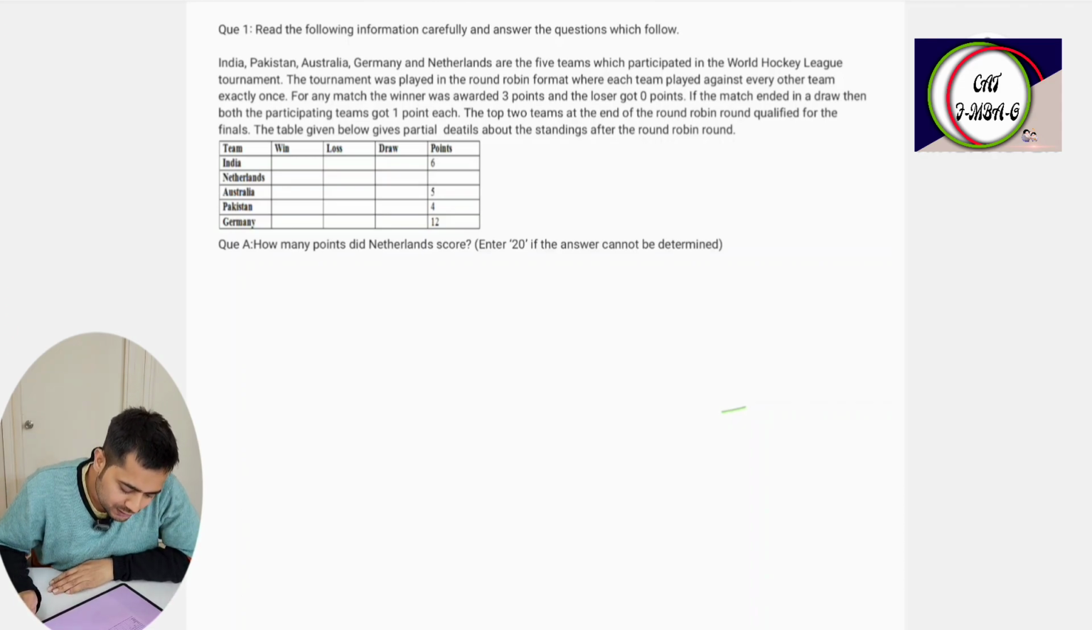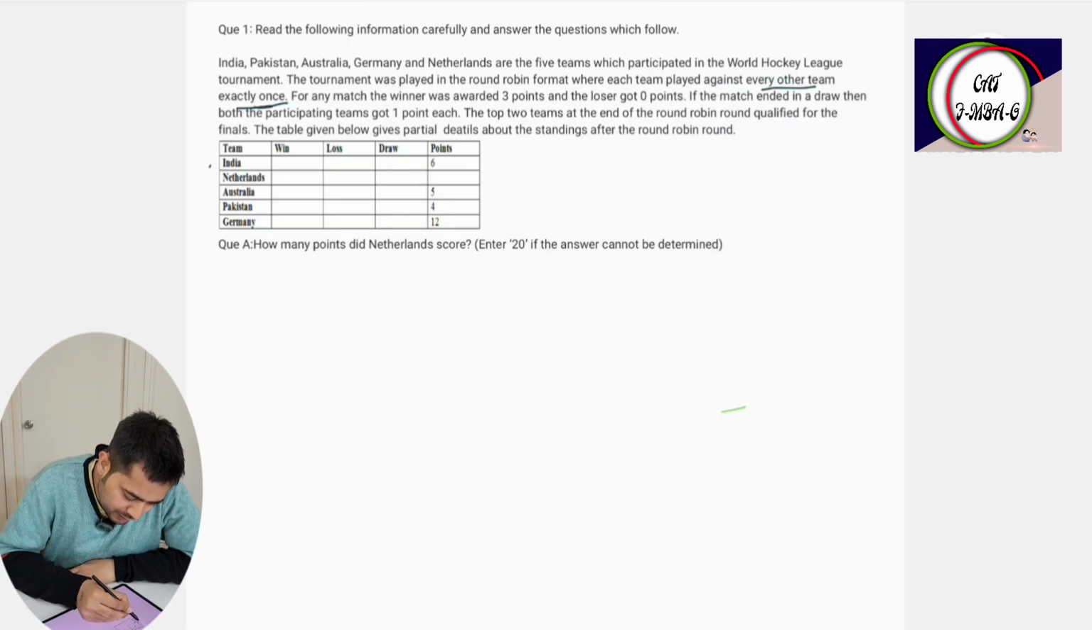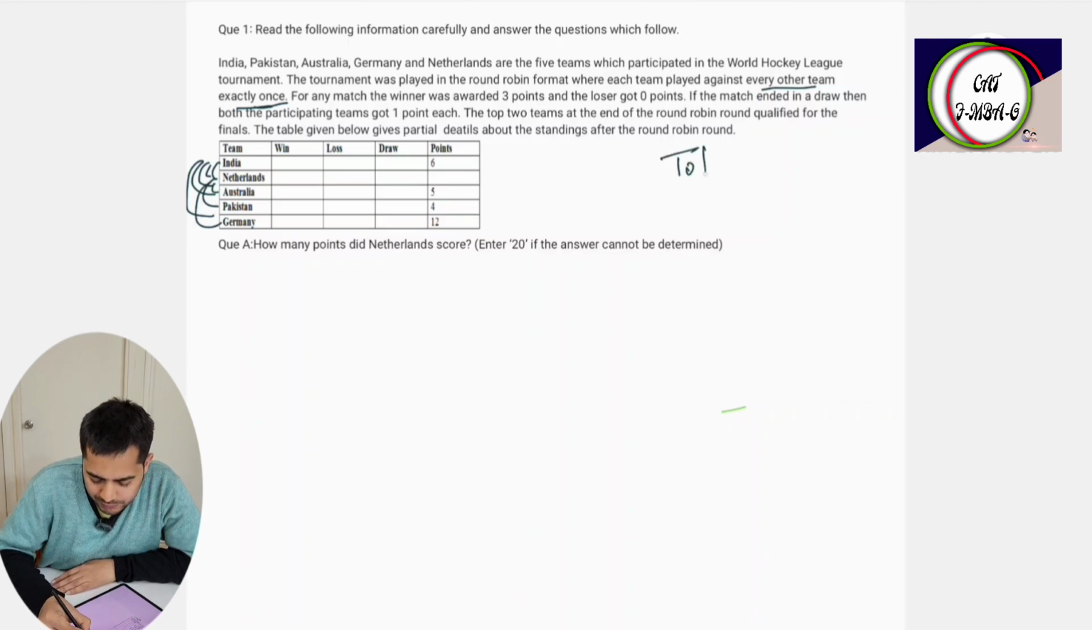Okay. So let's see question number 1. India, Pakistan, Australia, Germany, Netherlands are the 5 teams which participated in the World Hockey Team Tournament. The tournament was played in the first round robin format where each team played against every other team exactly once. So India will play against Netherlands, Australia, Pakistan, Germany. Similarly, Netherlands will play against India, Australia, Pakistan. So total number of matches in these kind of situations is found out as